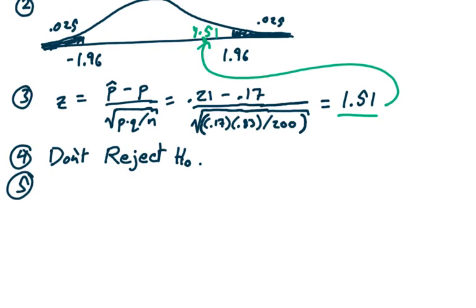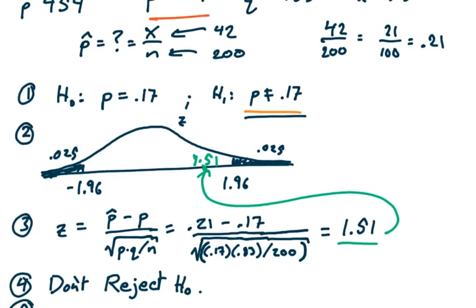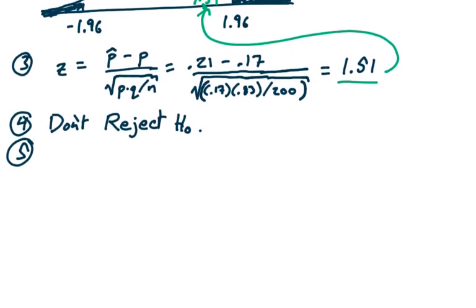There is not enough evidence to reject the claim. Here our claim was, basically, we had to substantiate the previous study. So we said we're not throwing away this statement right here, that P is no different than 17%. Even though our sample proportion came back at 21%, based on the distribution and our sample size, that was close enough. So there's not enough evidence